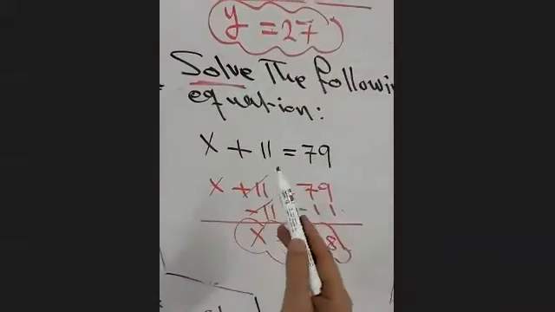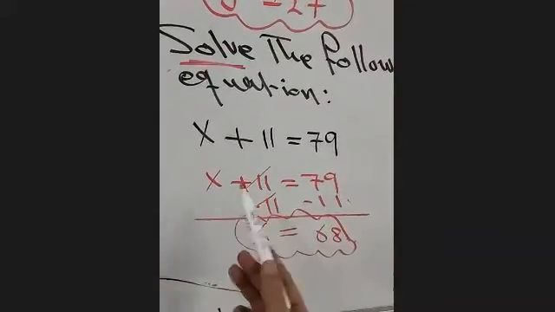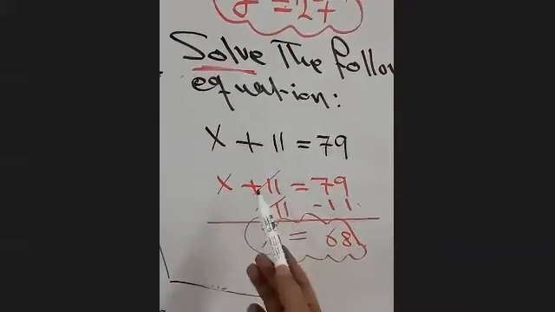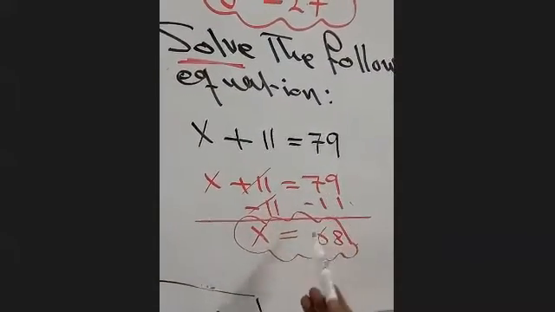Here, x plus 11 equals 79. Rewrite the equation. Write the equation again. Plus 11 minus 11, they are gone. 79 minus 11 is 68. Done. Here,